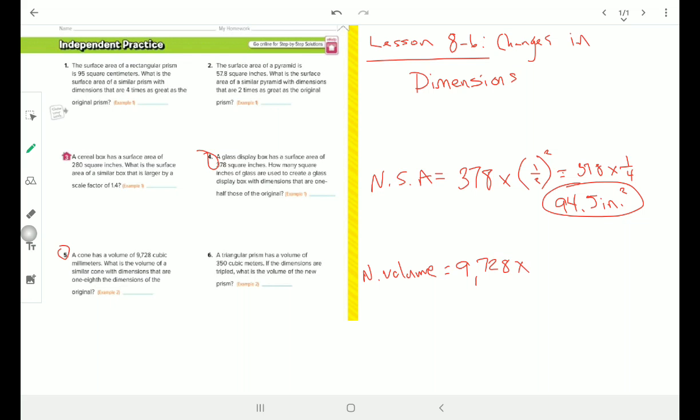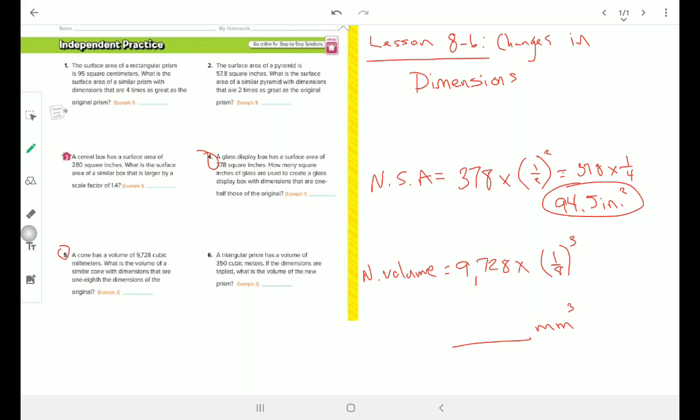So we're going to multiply this by 1/8, but since we're dealing with volume, that 1/8 is going to be cubed. And if you type that all out and figure out what your answer is, that will give you your answer. Keep in mind it doesn't have us round anything here, so whatever you get is your answer. Keep in mind on this one, your unit is millimeters, and then it should be cubed. So whatever you get for your answer will go on that line,